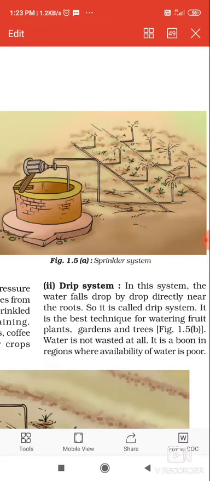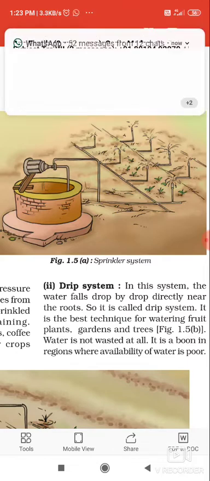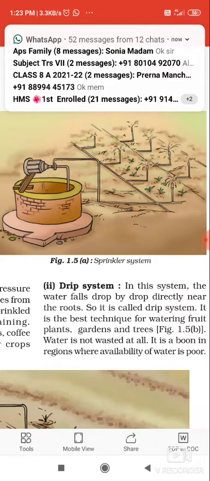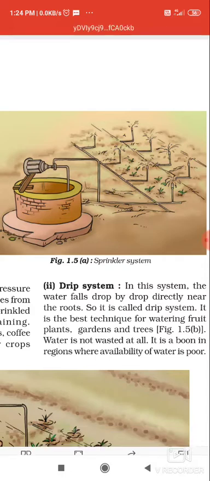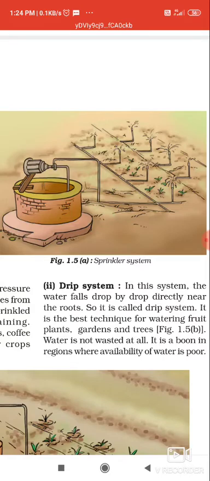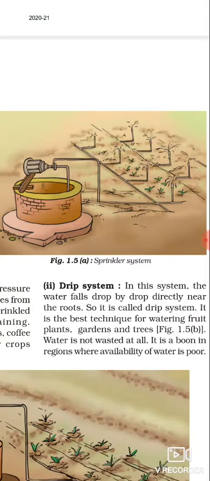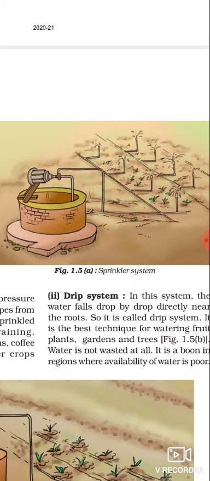Actually this system is very useful even on uneven land, where the land is not flat. This method is even suitable for that. Because in the previous lesson, while we were discussing the preparation of the soil, what did we say? The leveling should be there, but sometimes there will be uneven land. For the uneven distribution of the land, this sprinkler system is very useful. This system is useful on uneven land where sufficient water is not available.